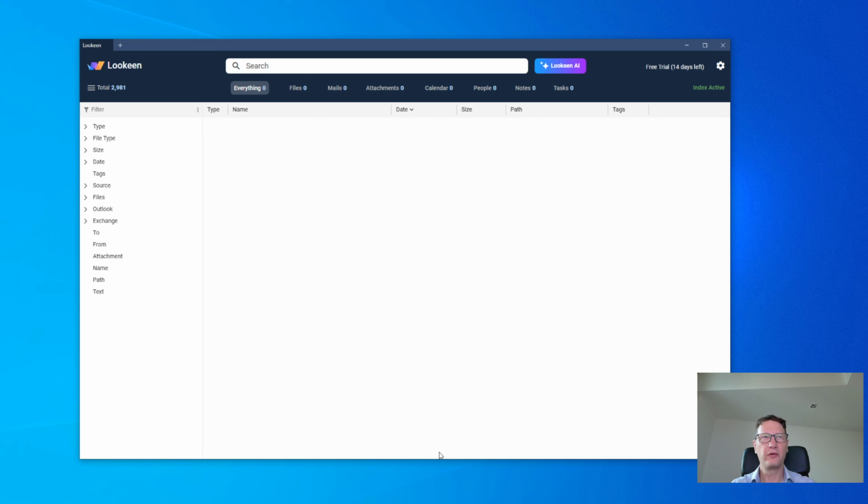Then we have Exchange, Outlook 365, and Outlook as sources. If we click here, you can see Outlook contains the mails, attachments, calendar entries, people, right? And then we can drill down into these sources. If we have files, we can see Z data, right? And now we see everything under a different folder. This goes down, and then we can drill down on these